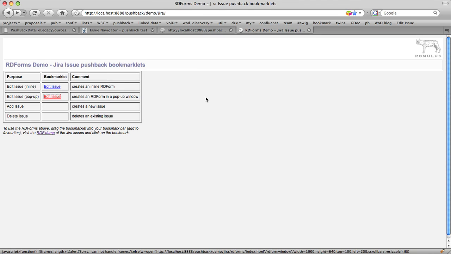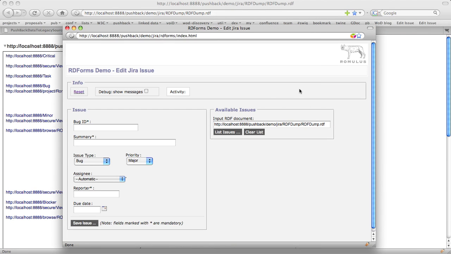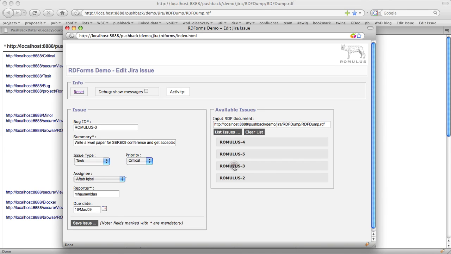We prepared here a little edit issue pushback for demonstration purposes. So I'll install that here, and going back to the RDF dump, and if I launch it now, I can query the issues that are in that RDF graph, and let's say we want to change